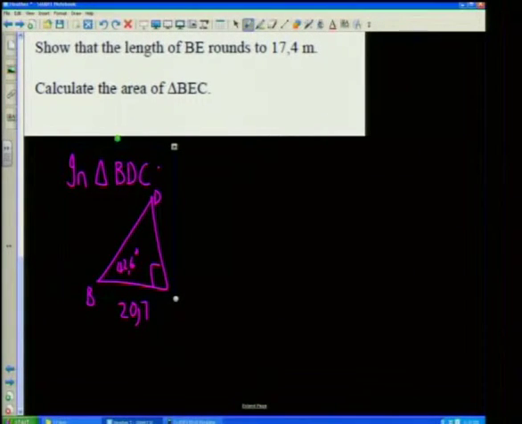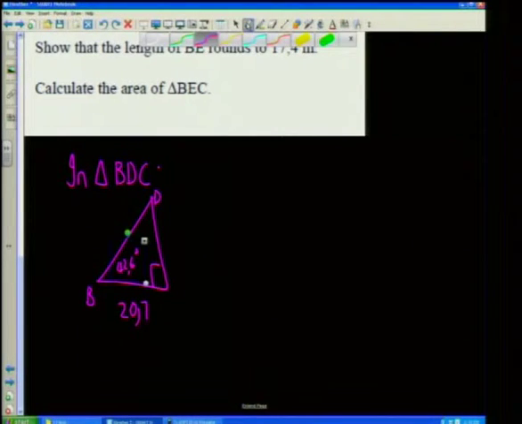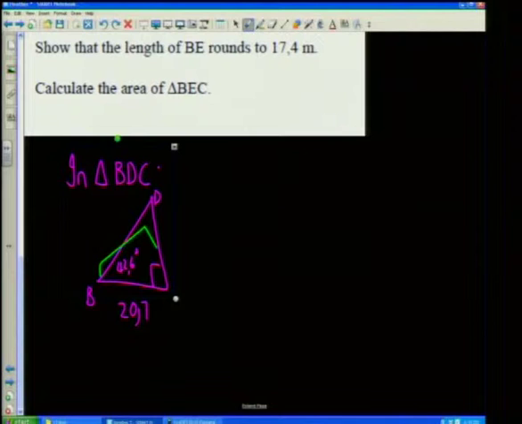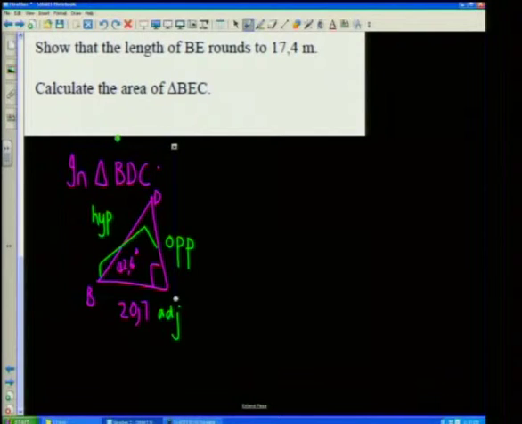All right? So if we have a look at this 42,6, you have to be mindful all the time that this 42,6, if I were to take it, this would be my opposite. All right? This would be my adjacent, all right? And this would be my hypotenuse. So they're wanting me to find BD. Can you see you've got your adjacent and you've got your hypotenuse,